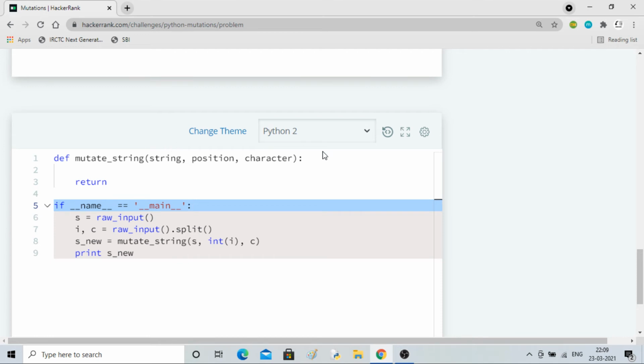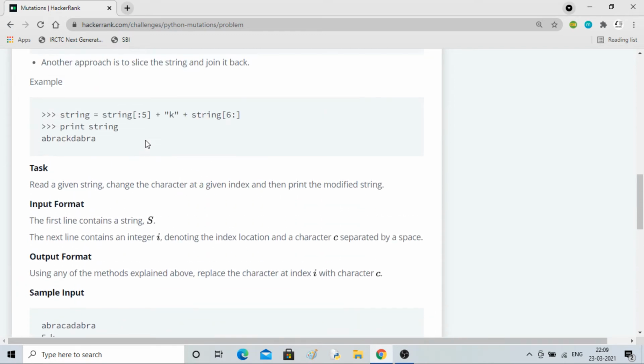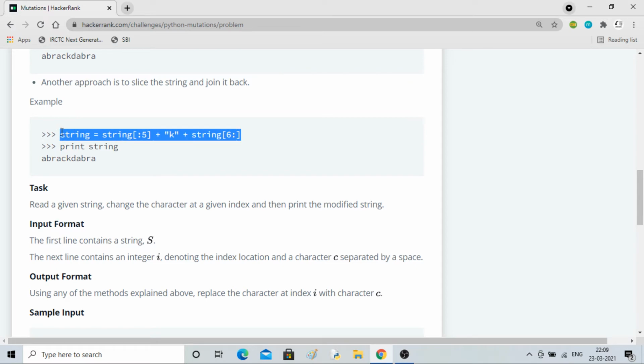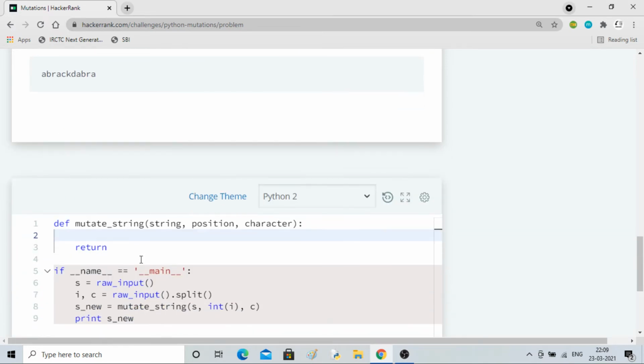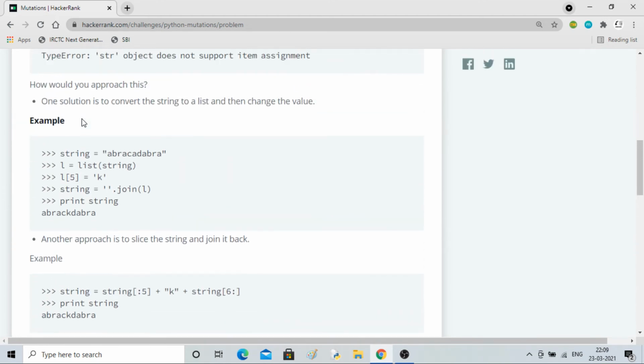Now we just have to take the string. The easiest method would be to use this, I think. I'll copy it. If I use this, the position we don't know, right? So we can't actually use this because we don't know the position. So okay, let's use the old way, which is the above one. This one I'll try to use.